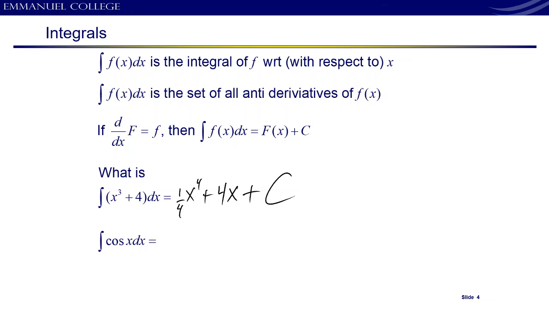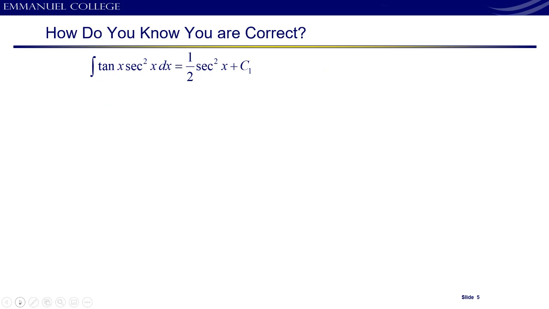And then cosine of x, a little bit simpler. I know that if I take the derivative of sine of x, I'll be left with cosine of x. And then I just have to add a constant to it. So how do you know you're correct? So here's tangent secant squared,